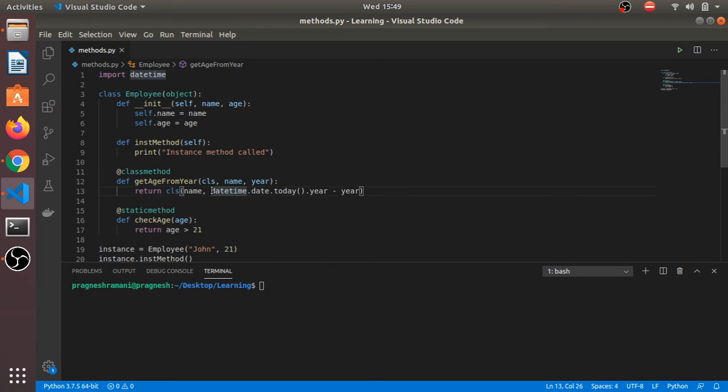We are calculating the age from the year based on the current year, right? So if I am passing 1996 as the year, then what will be the age of that employee? The current year is 2020 minus 1996, so this will give us 24. Okay, so this is how you can calculate the age from the year,